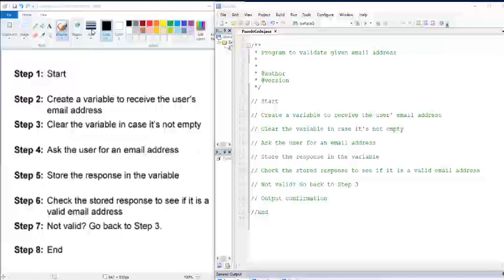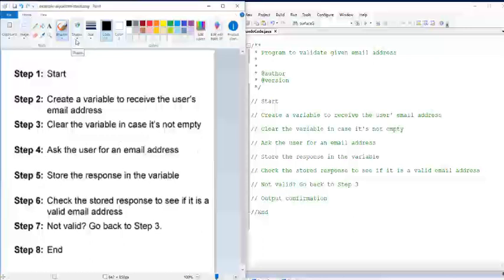And you can take the pseudocode, you can run it by a friend, you can run it by a fellow programmer. Do these steps make sense? What am I leaving out? Am I leaving out any big things? And you can allow people who are not even programmers to tell you if you're leaving things out, if your plan makes any sense at all. And then once you're confident that you have a plan,